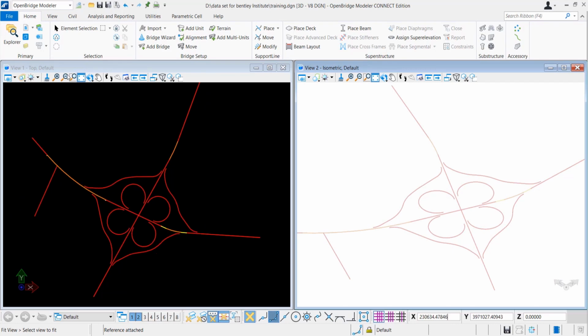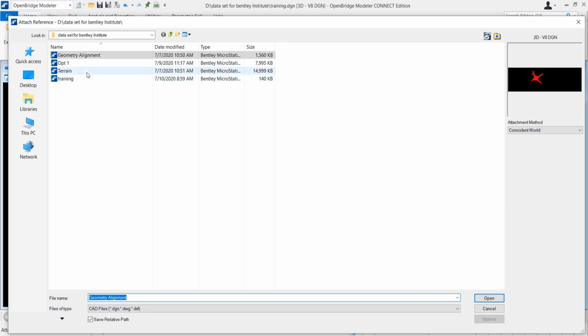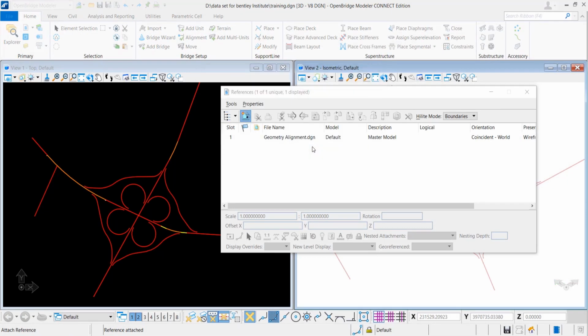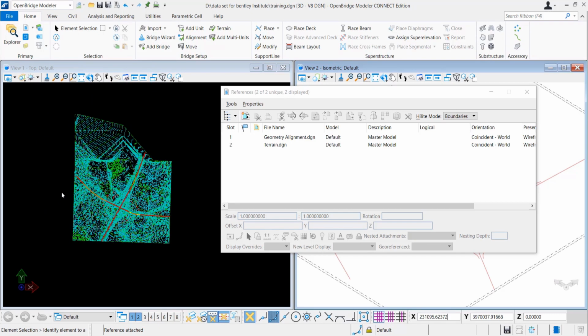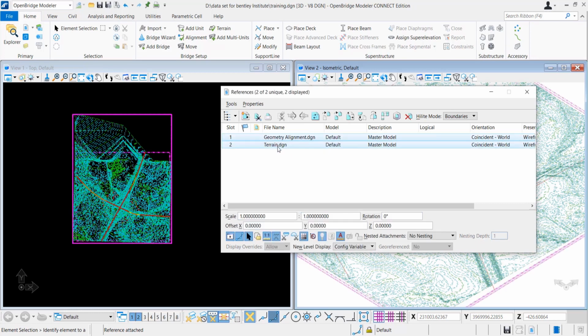So you can see this is the alignment we have received from our highway design, and then we will attach the terrain model. So this contains the existing ground level data, and it also has certain contours and triangulations as well. And I will show you how we can edit those files and use them with ease.